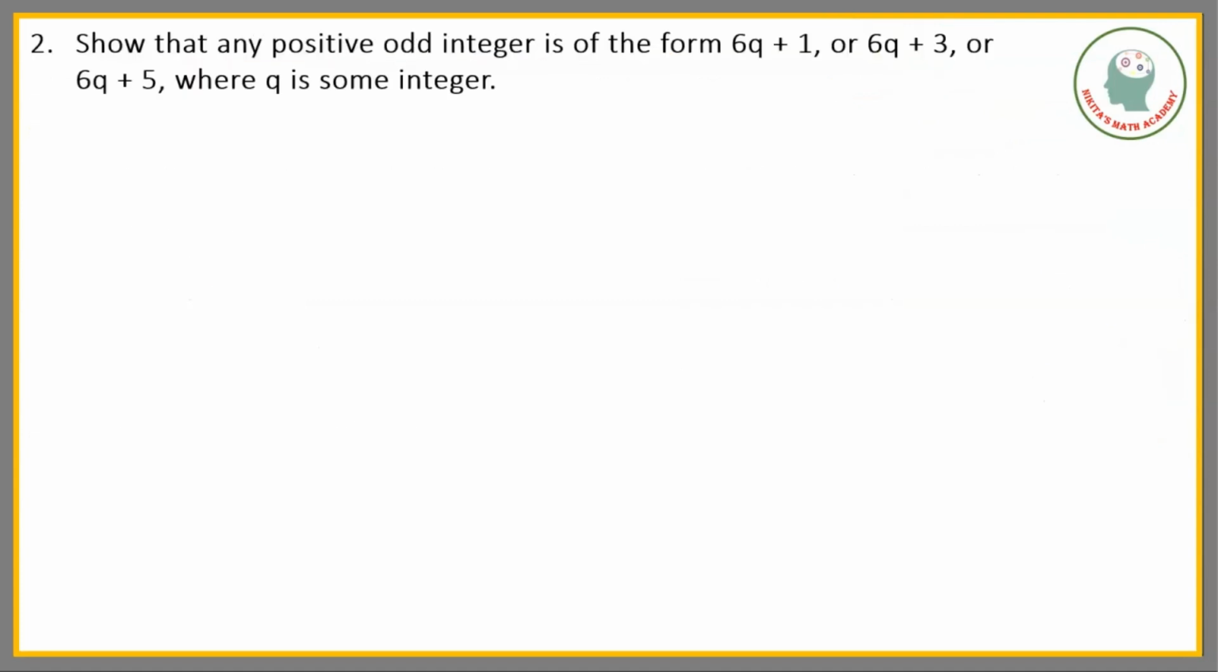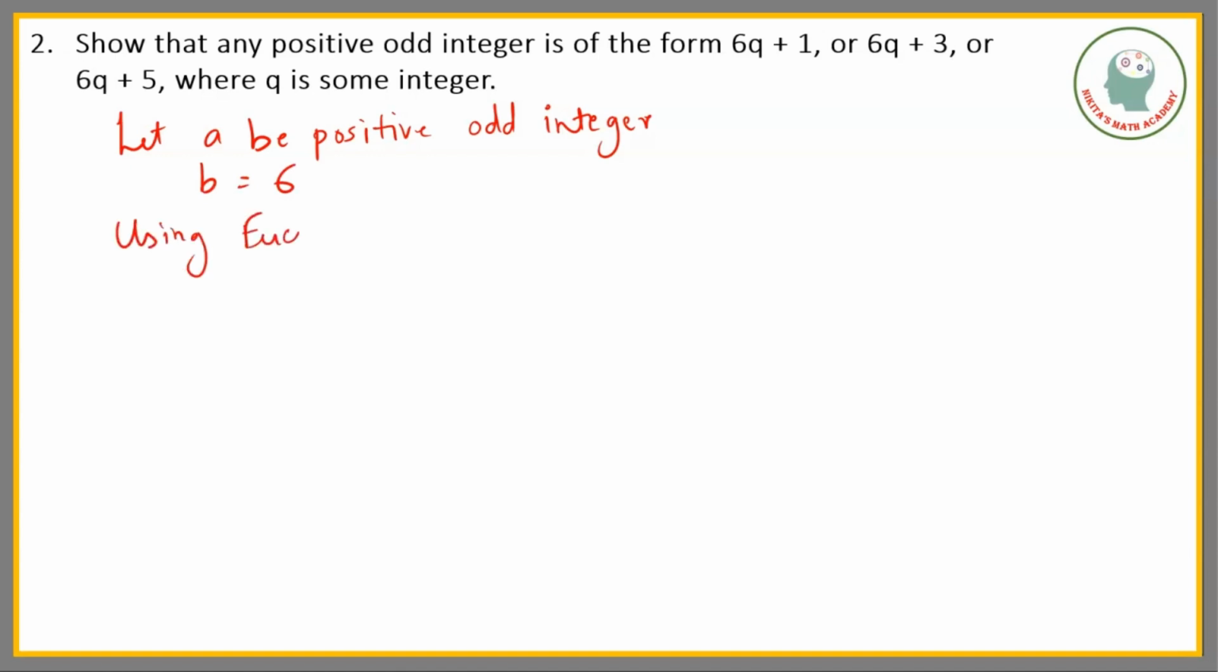Let's move to the next question. Show that any positive odd integer is of the form 6q plus 1, or 6q plus 3, or 6q plus 5, where q is some integer. Okay, students, we are going to use our Euclid's division algorithm only. So first we'll start by taking a as that positive odd integer, and let's take b as another integer whose value is 6. Now, using Euclid's division algorithm